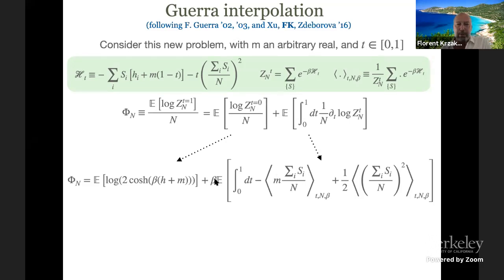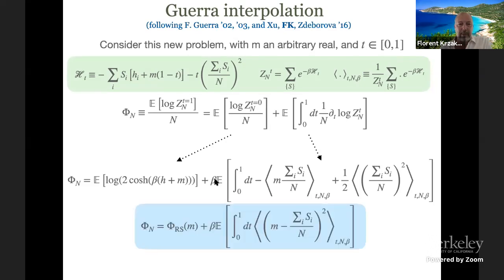So if we add plus m squared in front, well, now it's good, because if we had plus m squared and minus m squared, the minus m squared over 2 was exactly what was missing here to get phi RS, the replica symmetric potential. So this is exactly what is predicted by replica. And now the plus m squared over 2 is what you need to complete the square. Now we have the following.